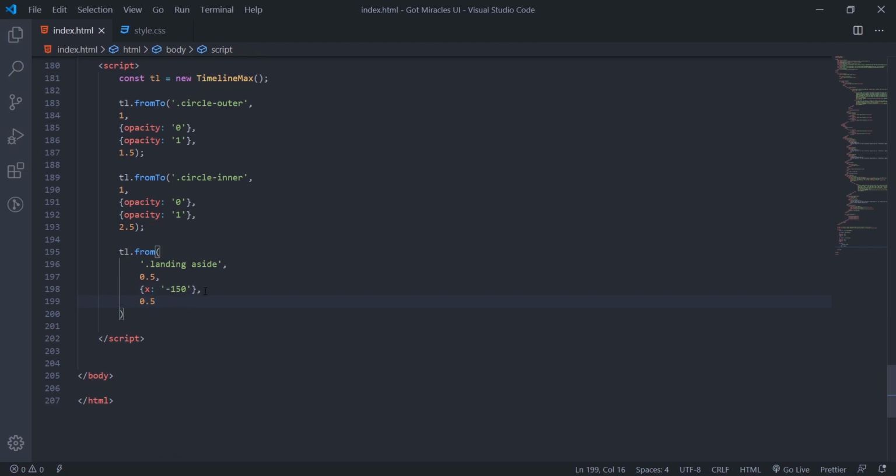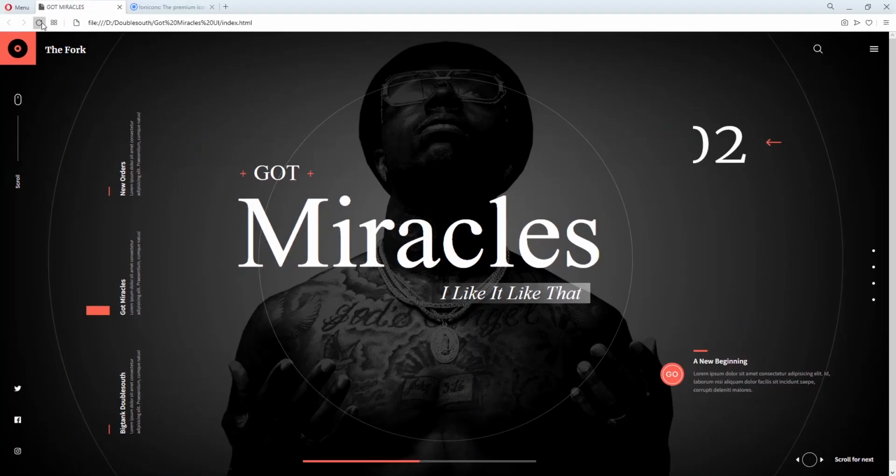So the order is that the circle outer animates first as it comes in. In fact, this one will first animate while the others follow, because their delays are 0.5, 1.5, 2.5. So this one comes out first, before this one, then this middle one like that. Anyhow, you can play with the timing depending on how you want your own stuff animated. You see it? The push comes out now.